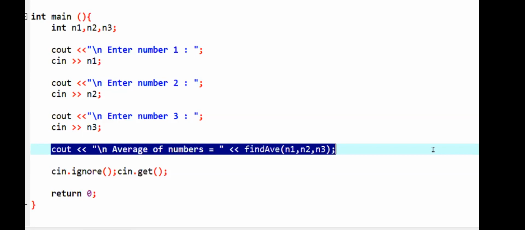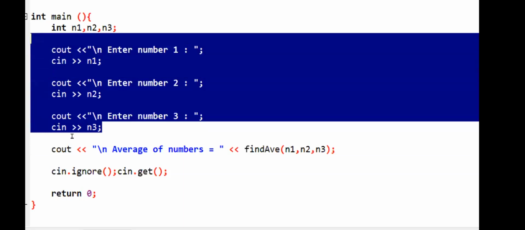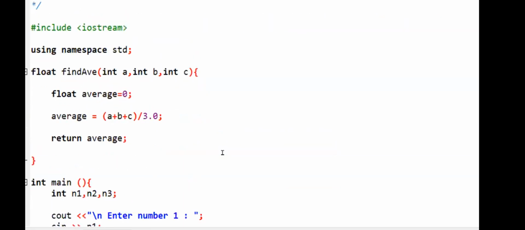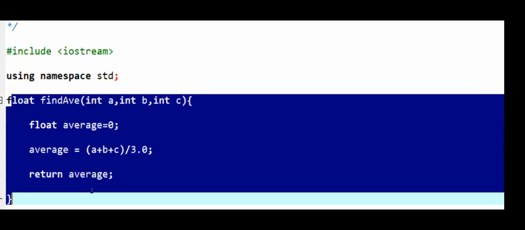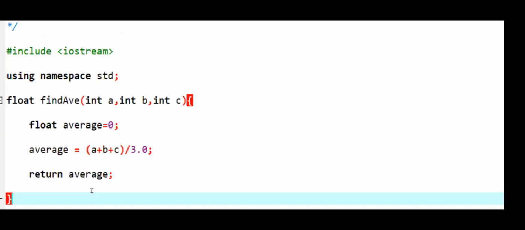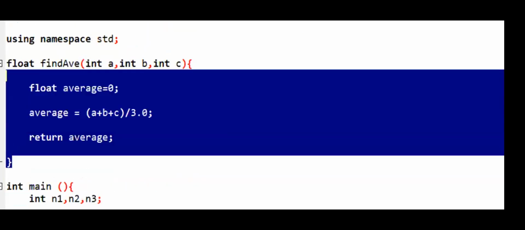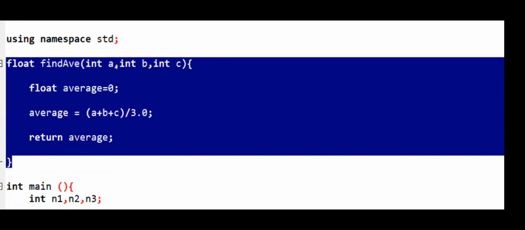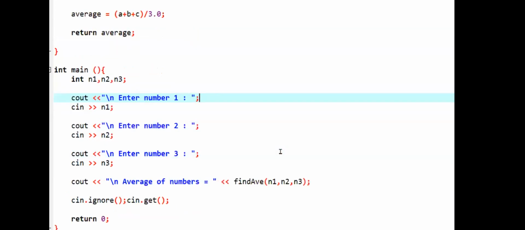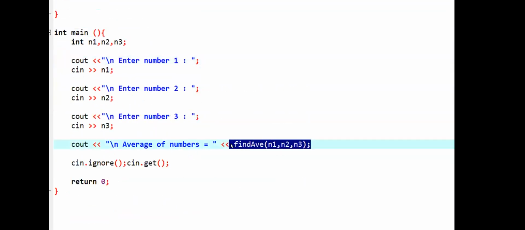So when teams come together, they can actually divide the job. One of them can focus on getting the inputs and outputs. The other person can completely ignore that part and focus only on delivering the results, the calculation. Okay? That is why user-defined functions are important. And another important feature is that every time you want to calculate the average of numbers, because you wrote this function, you can calculate the average for many different numbers. You don't have to just write one in here. You can call as many as you like,